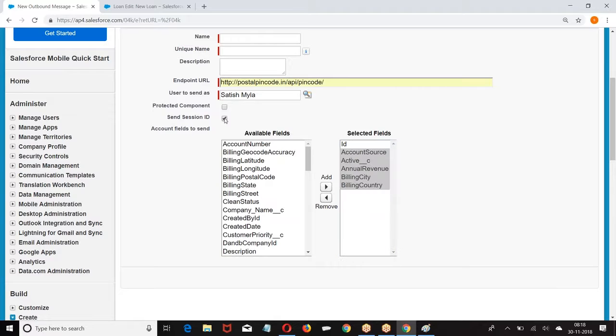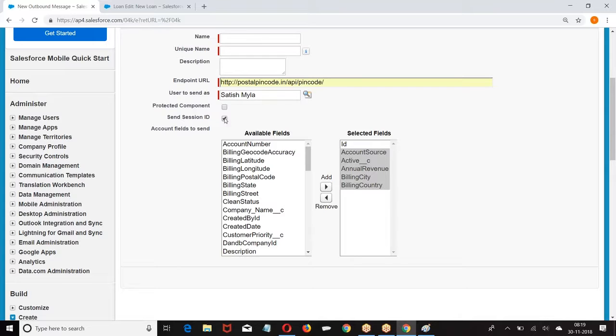And you want to pass your ID. They are asking for your authentication. Set the session ID. That's all. When the workflow rule is met, the record with the following fields will be sent to that URL. When the record goes to that URL, those SAP people have a web service to read the data and insert the record. Are you getting my point?